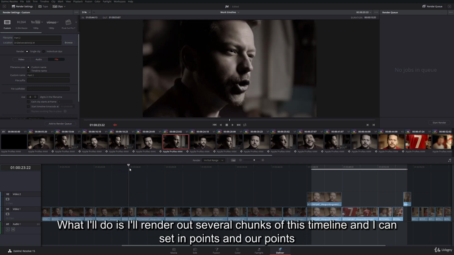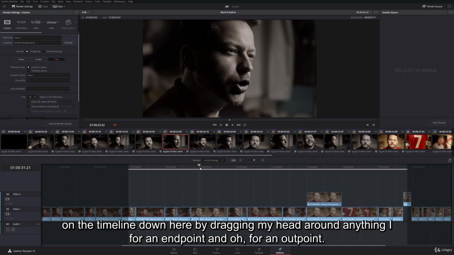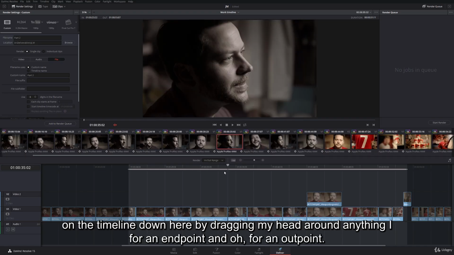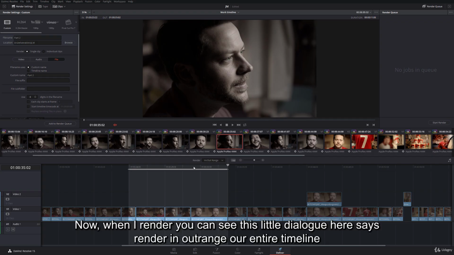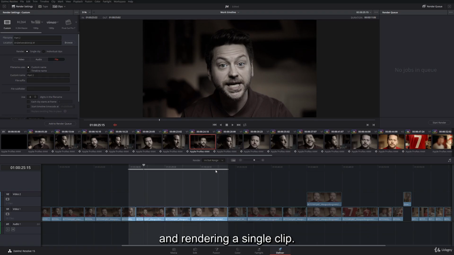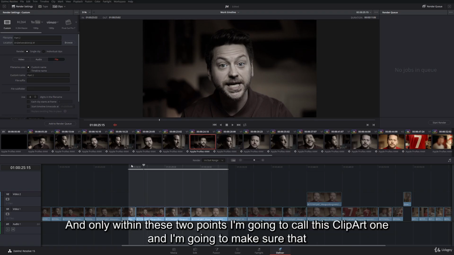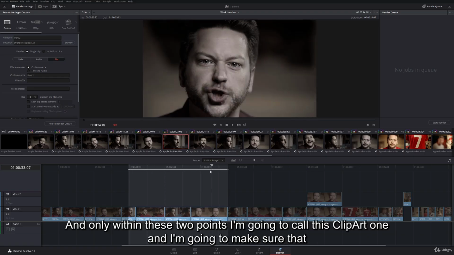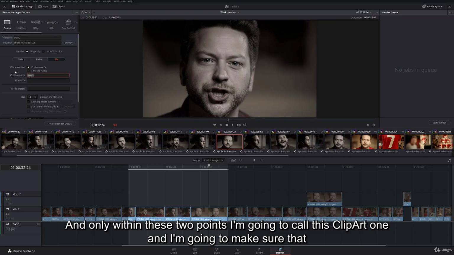What I'll do is I'll render out several chunks of this timeline, and I can set in points and out points on the timeline down here by dragging my playhead around and hitting I for an in point and O for an out point. Now, when I render, you can see this little dialog here says render in, out range, or entire timeline. I'm rendering a single clip and only within these two I/O points. I'm going to call this clip part 1,